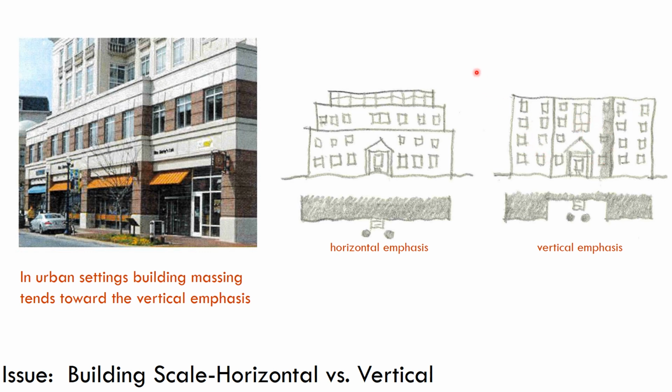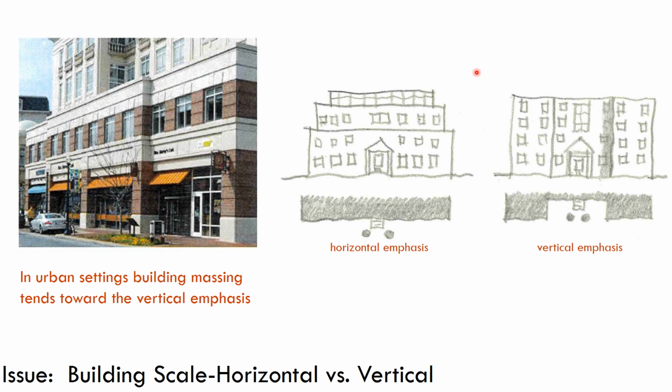So why do buildings that are vertical seem to work better and be more of a part of an urban environment? It's because social scientists have discovered that what people find of interest when they're walking along a street changes. It's very boring to keep walking and it's the same thing. You like to see a change every so often. It's called just noticeable differences in the lingo of social scientists. And vertical buildings have changes that make shifts in what you see as you walk along more frequently than a building that's very horizontal in nature.